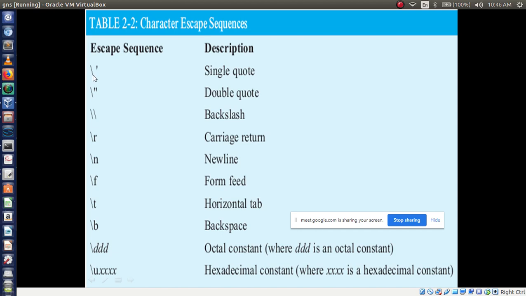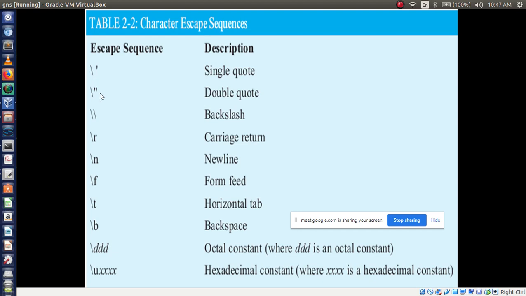In a general way I am telling, suppose you are printing information using SOP and you need a single quote in your output. For that you have to use slash and the single apostrophe. The slash will be skipped by the compiler, and it will display the single apostrophe in your output. That is the meaning.